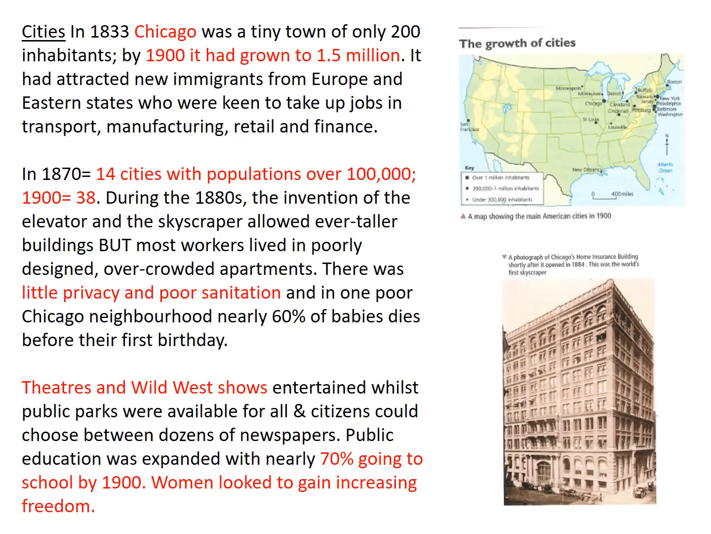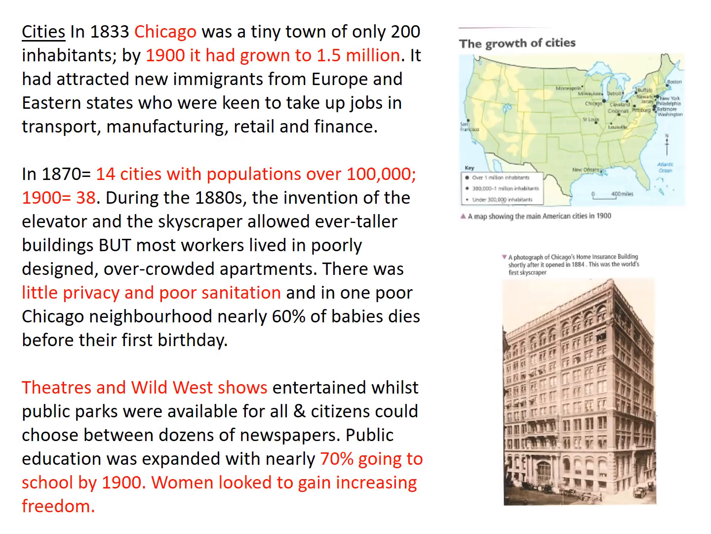In the cities, we got a huge growth in cities. Chicago is one great example, growing to 1.5 million by 1900. Only been a tiny town of 200 people 70 something years earlier. We get a huge increase in towns over 100,000, 14 in 1870, by 1900, 30 years later, that's 38. We get the elevator, we get the skyscraper, but for the average worker, for the average person working in these